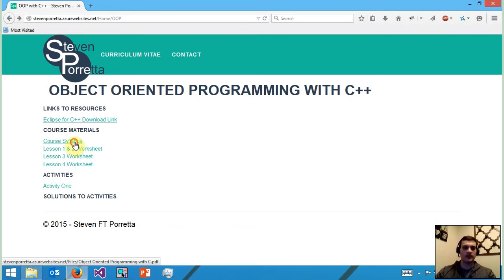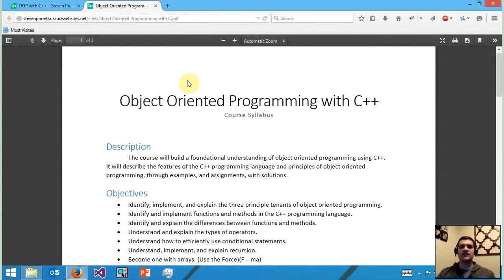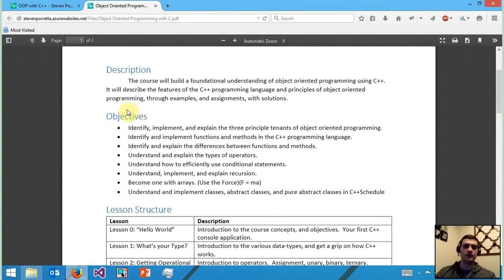So let's take a quick look at the course syllabus. We won't go into too much detail. A syllabus is a course outline. It lets you know what's going to happen, gives you a description. The objectives are important. These are the things that you should learn by the time you're done this course, and these are the things that I want you to learn by the time you're done this course. And when you're in university or college, objectives will be the thing that you want to really focus on when